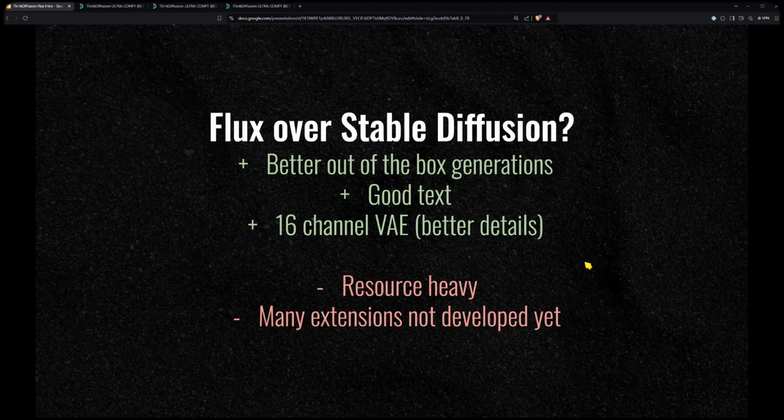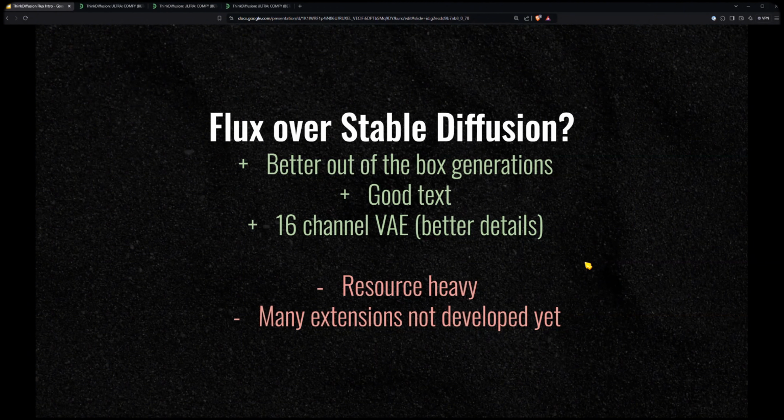Why would you use Flux over Stable Diffusion? Stable Diffusion is probably the most famous open source tool because it was probably the big first one. It has a lot of extensions, but it is not up to par when it comes to tech. Flux is newly released, but it has actually surpassed Stable Diffusion as of right now.